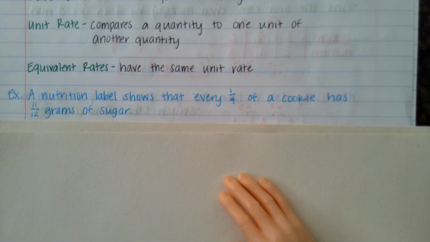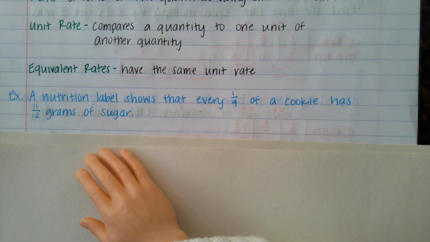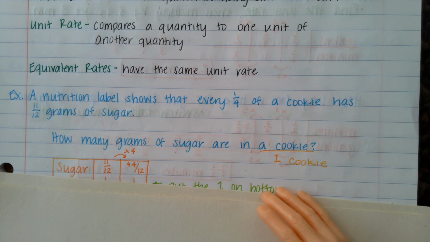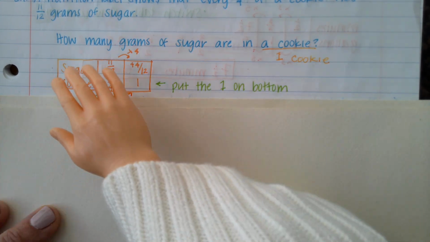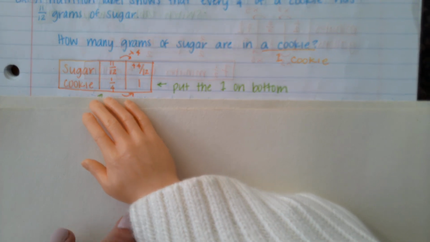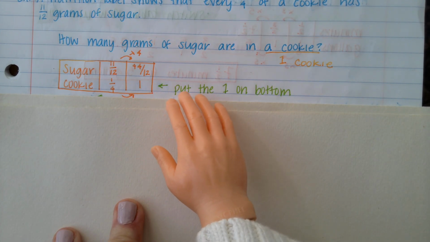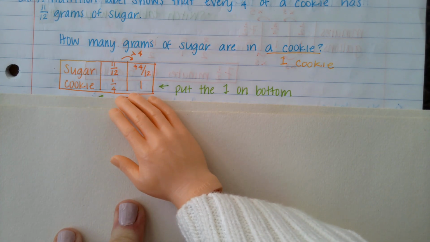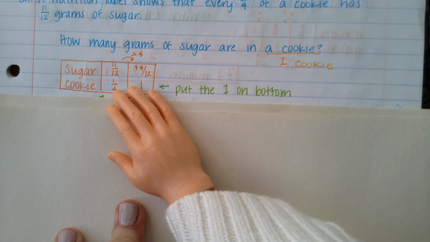So a nutrition label shows that every 1/4 of a cookie has 11/12 grams of sugar. How many grams of sugar are in a cookie? So we can make a ratio table like we did in 5.1, saying sugar to cookies, and whatever we are asked to get one of in our unit rate, we're going to put that on the bottom of our table. So cookies on the bottom because it said one cookie, and then we start with 11/12 and 1/4 as given